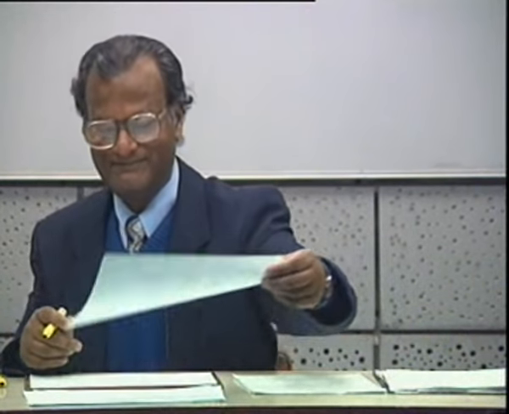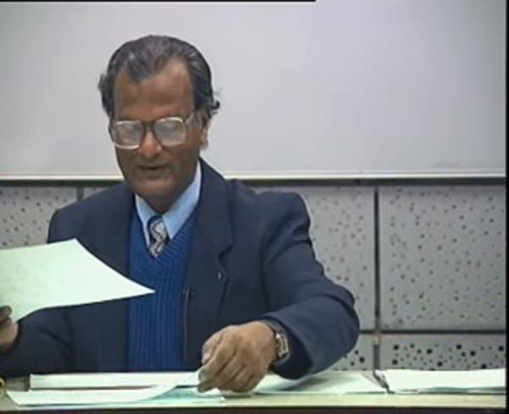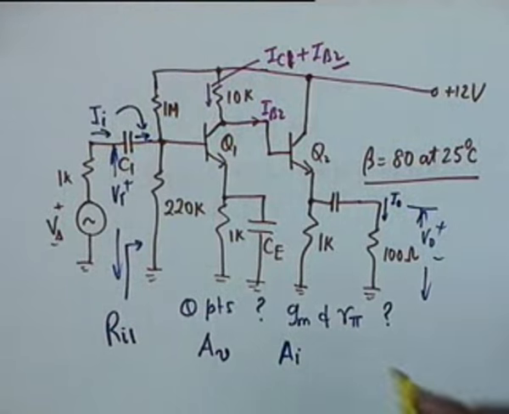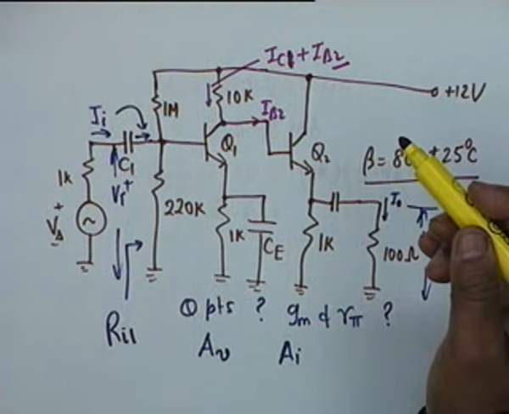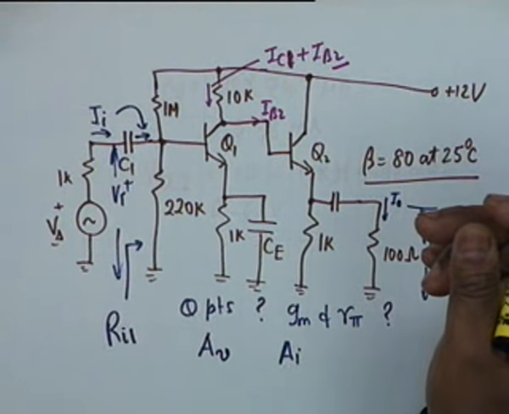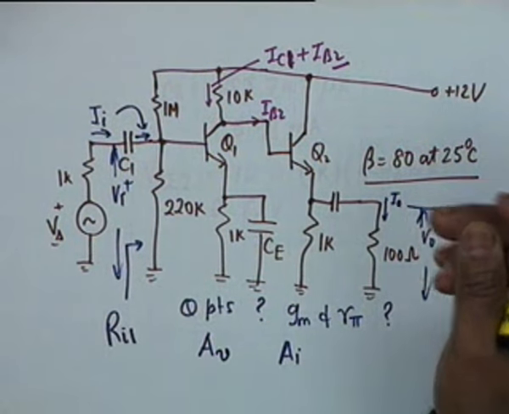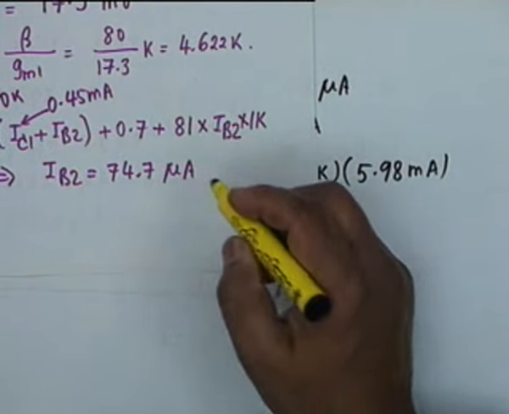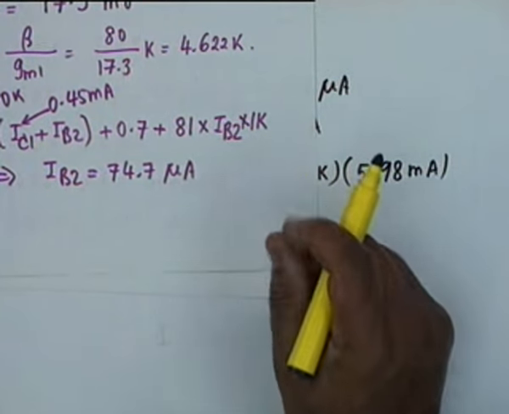Excuse me, sir. In those two calculations involving VC1, the two are different by about 0.7 volts, because in the first case we have ignored IB2, and in the second one we are considering IB2. So when we are calculating IB2, it comes out to be 74.7 microamperes. This will make a difference of about 0.7 volts in VC1 because it's flowing through a 10K resistance. That is correct. Let me see, 74.7 microampere multiplied by 10K. How much is that? 0.7. Yes, that will make a difference.